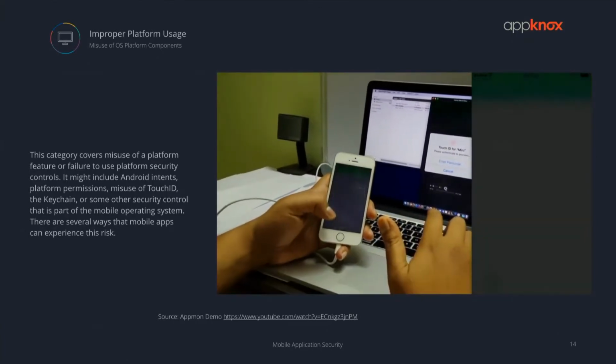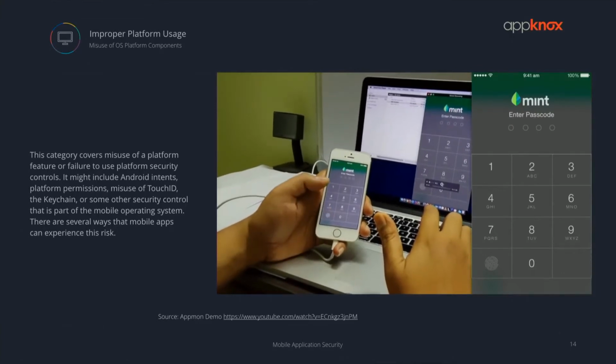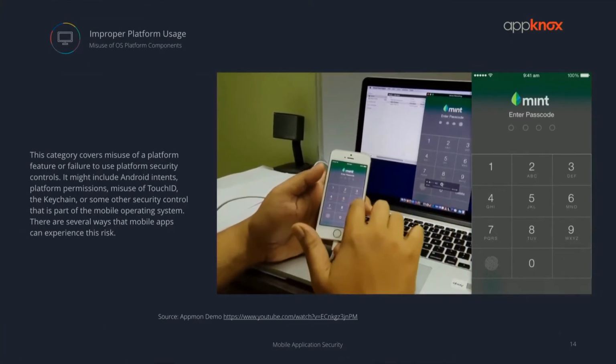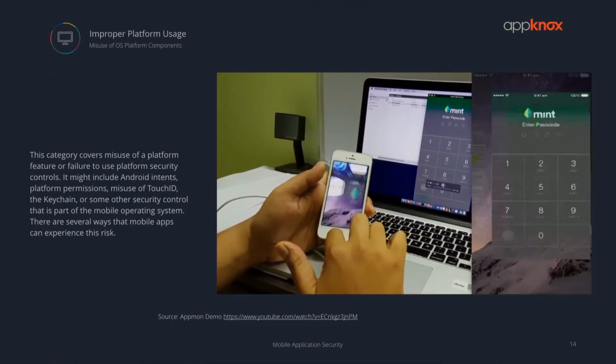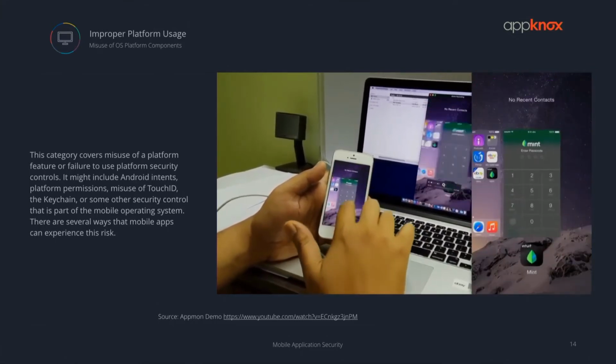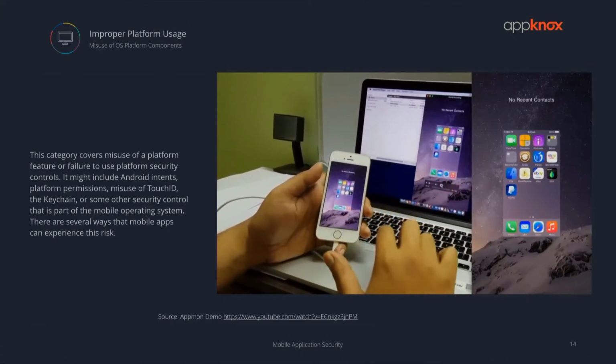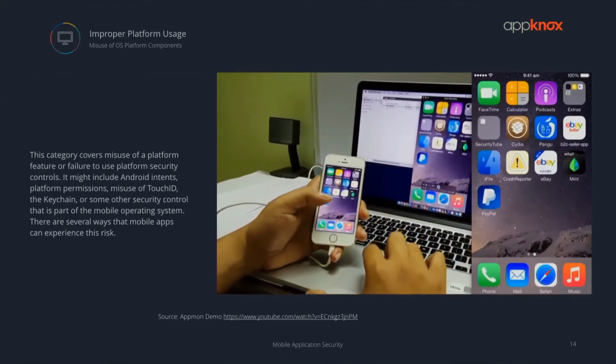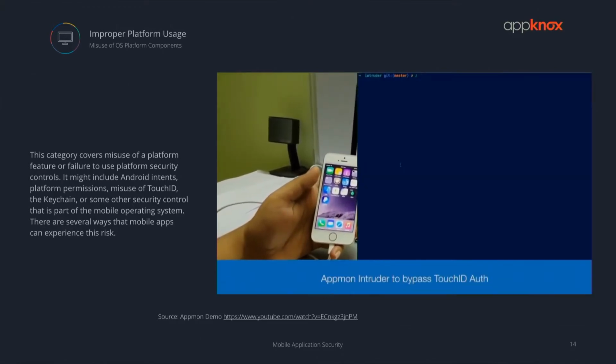In the Mint application, same thing. You either enter the Touch ID or the passcode, or you just click on cancel, right? And you cannot go forward to the other screen. Pretty good application. But they are not using the device API properly. So what he does is